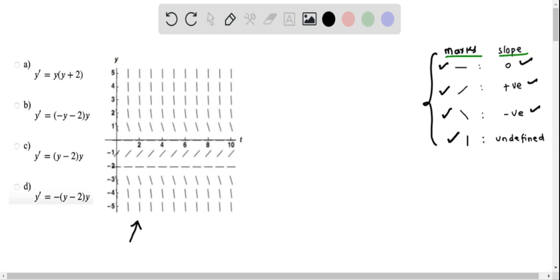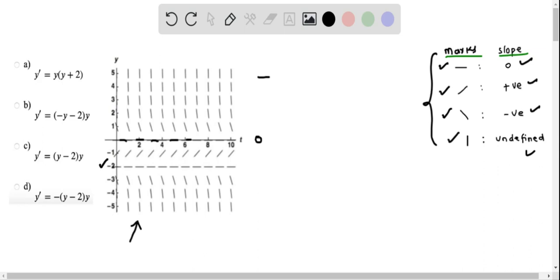And whenever it looks like a vertical line, we say that the slope is undefined. So we will utilize this information to determine the equation that corresponds to this slope field. First, I'm going to look for slope marks which look like a horizontal line, and this means the slope is zero. If we observe this slope field at y equal to zero, we have these horizontal lines. So we can say that the slope at y equal to zero is zero,